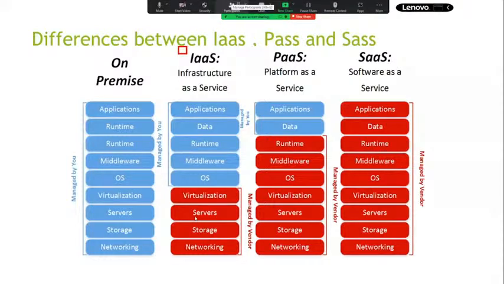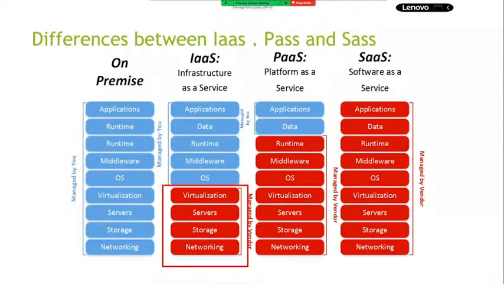the things which are highlighted with red color, that will be taken care of by the vendor. Now, would you like to deploy Windows operating system or Linux? That totally depends on business requirements. Some projects may require building 5 servers with Windows operating system, and another project would like to deploy 5 servers with Linux. You can choose the operating system based on the type of application you would like to host. Go ahead and host it.